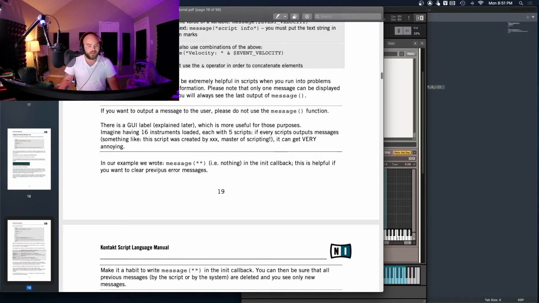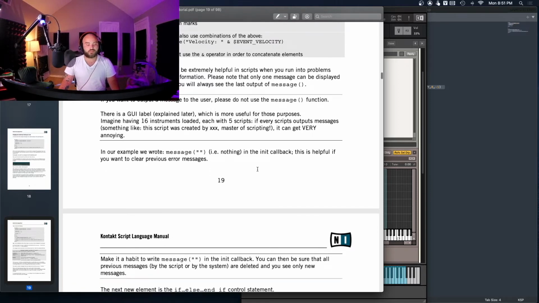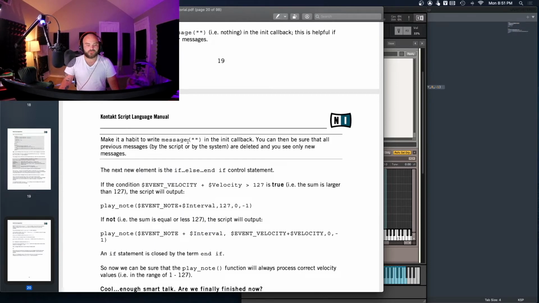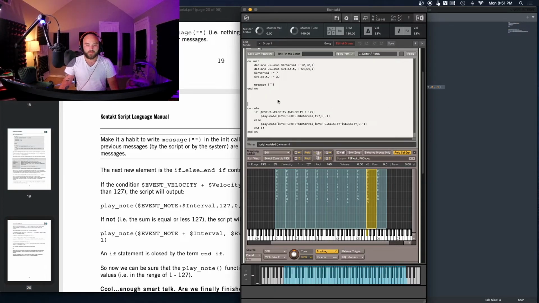annoying. In our example, we wrote message and then blank, or nothing, in the init callback. This is helpful if we want to clear previous error messages, and it did. So make it a habit to write the message function and then blank in the init callback. You can then be sure that all previous messages by the script or by the system are deleted and you only see new messages. So basically this little text here is pretty important, and it's just kind of a force of habit to make sure that this is put towards the top of all of our init blocks